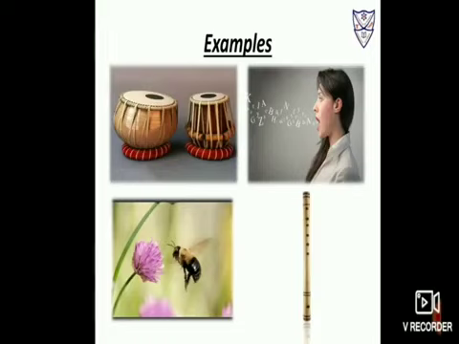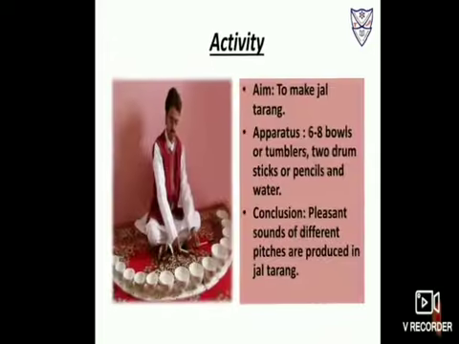Shrill sound. Now the third one, as you all know, we have discussed in the previous chapter that the voices of children and ladies are shrill. Why? Because they have short vocal cords. As they have short vocal cords, they vibrate more. So what kind of sound is produced? Shrill sound. Now in the fourth image you can see the image of a flute. When more holes of the flute are closed, a note of lower pitch is produced, and when fewer holes of the flute are closed, a note of higher pitch is produced.